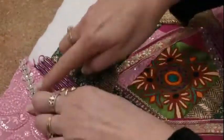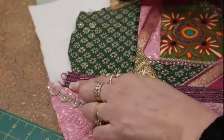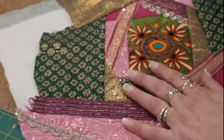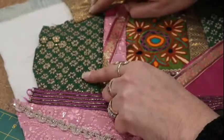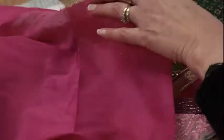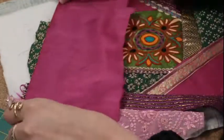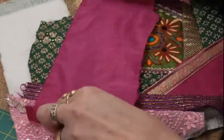What I do need to do is come across from this angle, or I can come across this angle working that way, which I think I might actually do. So from here across, I can see that I've got the green, I've got the gold, so I need something other than those two. And obviously I'm going to go with the pink because it's the only colour I don't have going across there. So I grab a nice big bit, and it's not going to clash, or be the same as what's going on in the corner over here, okay? So I can come across here,